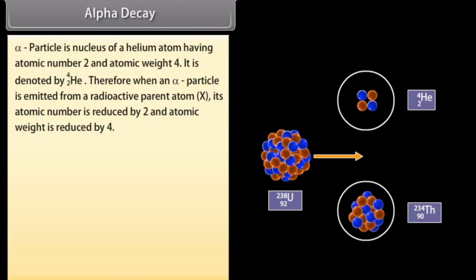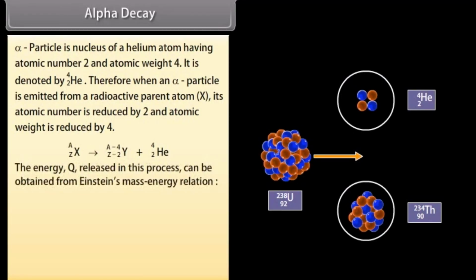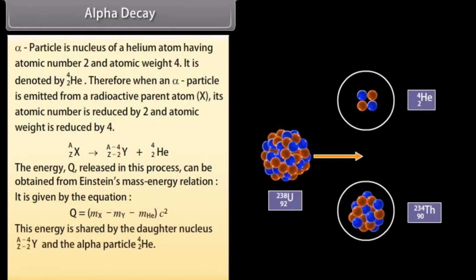It can be demonstrated as shown. The energy Q released in this process can be obtained from Einstein's mass-energy relation. It is given by the equation Q is equal to (mX minus mY minus mHe) into c squared. This energy is shared by the daughter nucleus and the alpha particle. For example,